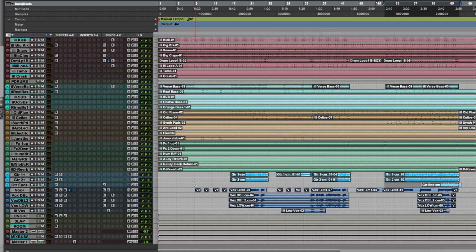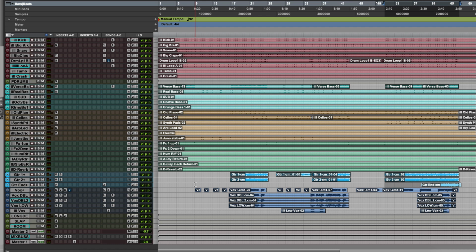Makes sense? So the simple tip for you today is when you start mixing, and it doesn't matter how you like to mix, whether you do top-down mixing like me or you don't, or whether you mix in mono or don't, or whether you start with the vocal or not, and we'll talk about that in another video. Loop the most important, busiest, most sonically dense section of your song and spend a lot of time perfecting that part of the song.